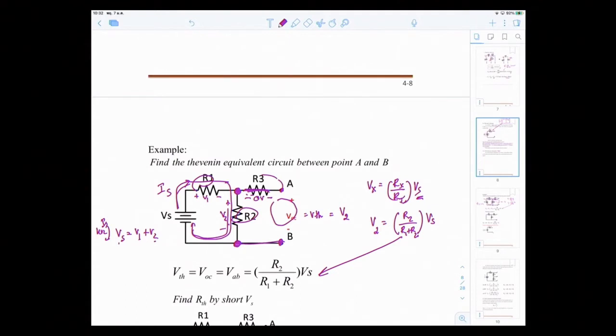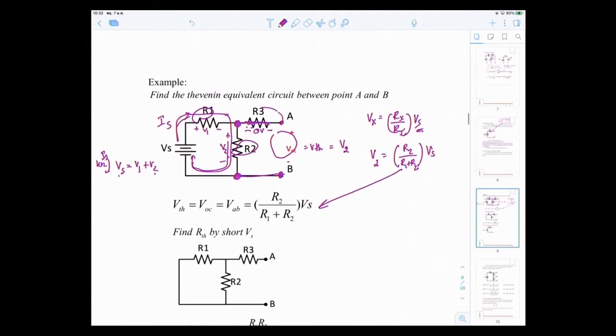Well, you look into the terminals with all the sources turned off. So if it's a voltage source, you short it, and you look into the terminal. What is R total? Imagine the current goes in here and divides into these two. So R1 and R2 connect in parallel. So R1 parallel R2, and then in series with R3. So it's like this: R1 parallel R2,